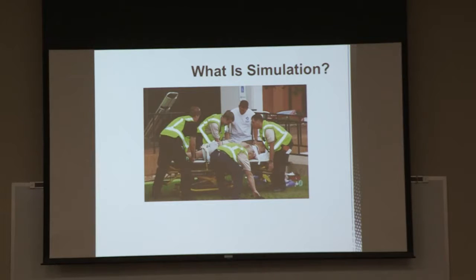You'll notice this simulation is not in the simulation center. It's out on our campus. And simulation, we interpret it very broadly here. It's a method that duplicates conditions likely to be encountered in real life. In this particular simulation, the learners were our paramedic students, and they had a combination of patients. They had simulated patients or standardized patients who were walking wounded. They had this patient, one of our computerized mannequins, that was very, very sick and needed them to treat. Their first objective was to triage the patients effectively and zero in on this patient.